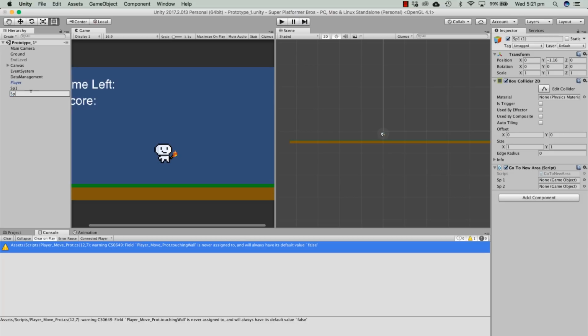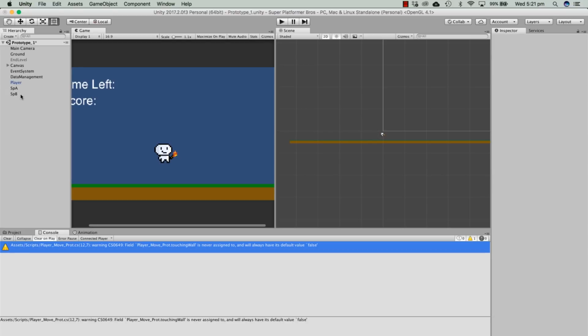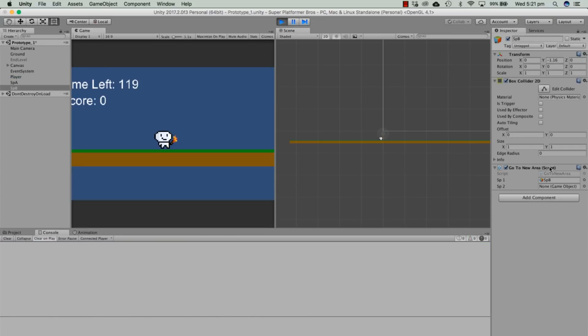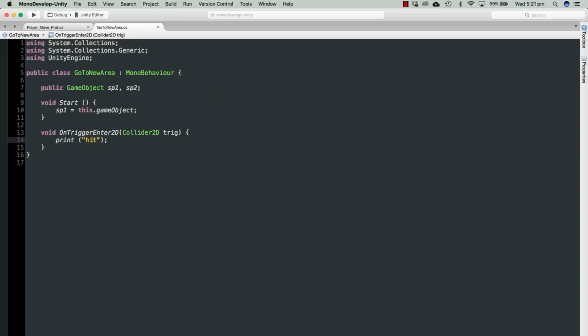Actually, I'm going to call it spawn point B and spawn point A, because this one will make spawn point 1 this spawn point, and this one will make spawn point 1 this spawn point. Oh man, I know I'm confusing, but if we press play, they both think spawn point B is this one, spawn point A is this one, and then all we need to say is